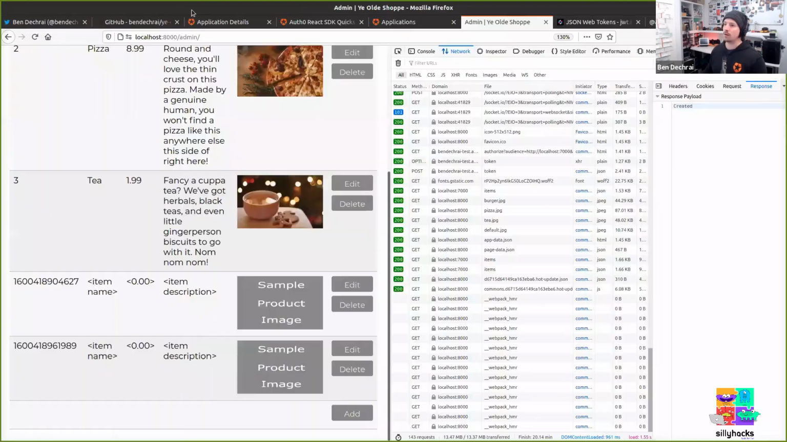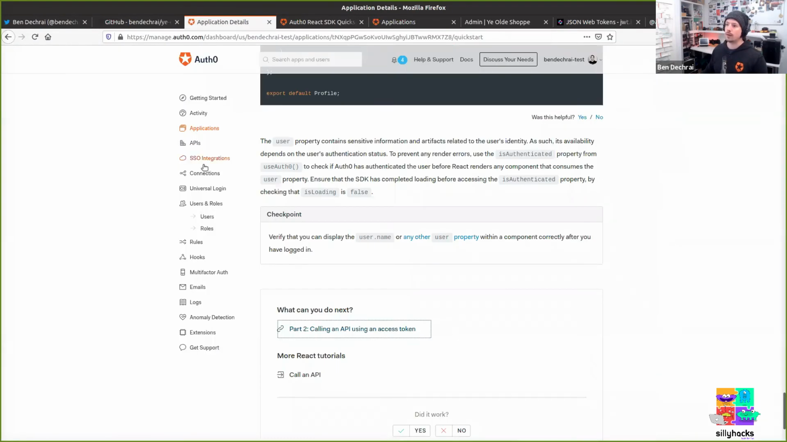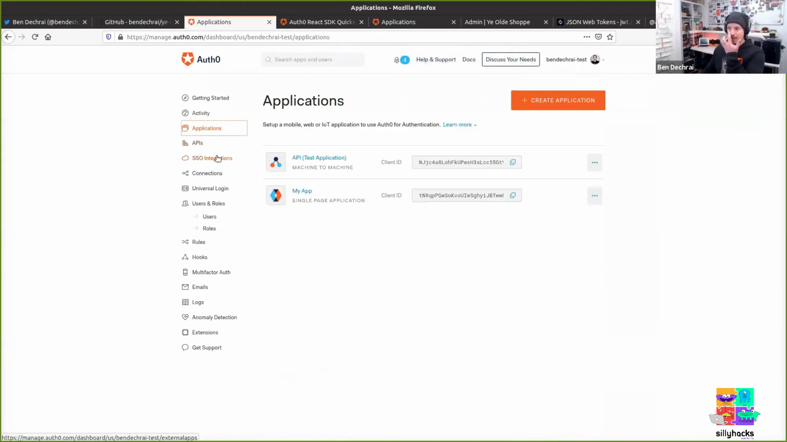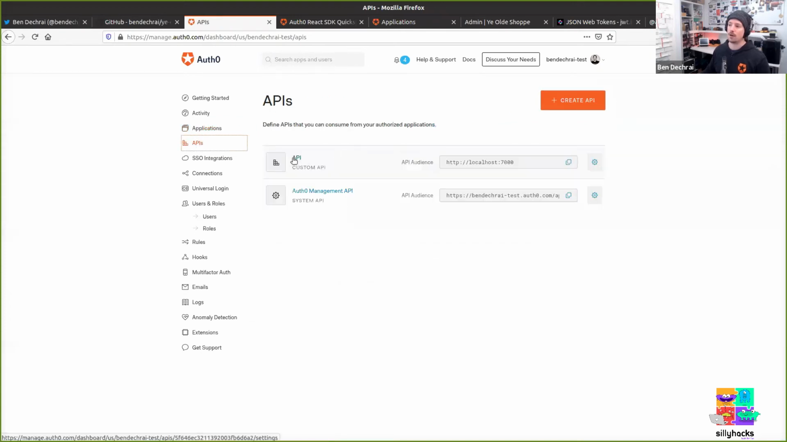Right, let's jump back in over here. So if we jump to, let's go to the top level here, applications. So this is the application we defined. Like I mentioned, when we defined our API, this definition was created, but we're not using that. If we jump back into the API over here,